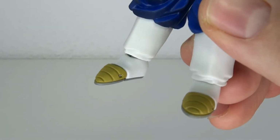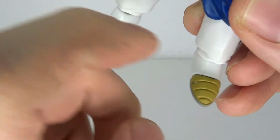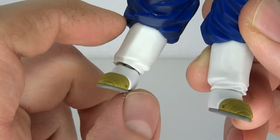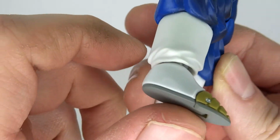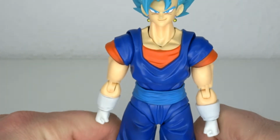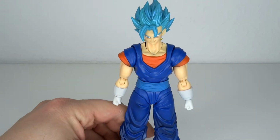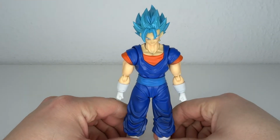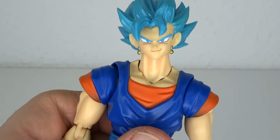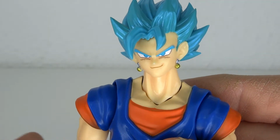And then you got a lot more of a brown tone in the top front part of the boots, and the rest of it is obviously white with some wrinkles on it. So overall, it looks like Vegito. The aesthetics are very good, but there are some things that are just kind of meh about it. So this being a fairly standard body mold for the S.H.Figuarts line, it's still pretty good, but there's nothing